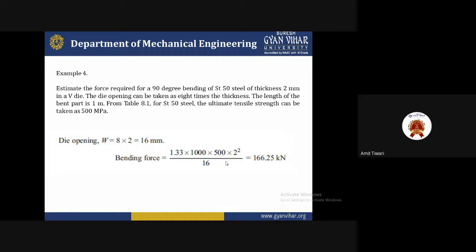Then you have standardization. So we can also put the value for the 50. We have to know that it is 1.33. 1.33 is the correct answer, so we can find out the value. Another one is 2, the thickness. So you can put 2 squared divided by 16. What is that 16? That 16 is the die opening value. We can find it as 8 times the thickness, multiplied by the steel thickness. So we can put the value 16. So these are some of the conditions which we obtain for each and every example we have to show.